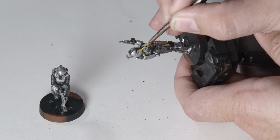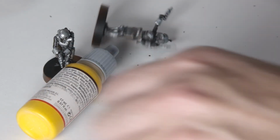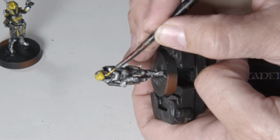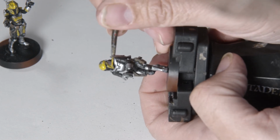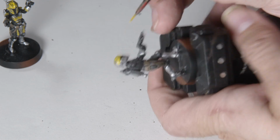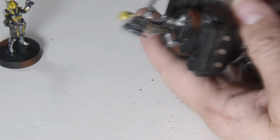Yellow is one of the hardest colors to paint. And in this case, I don't even have the right yellow, so I'm taking some more medium yellow, mixing in some white to get a bright yellow, and I'm going to do my best to kind of, well, capture the feel of these yellow patterns. I'm not going to get them correct, and don't worry if you can't. Just kind of like I said, capture the feel of what they're trying to go for. And because of the type of paint we're applying here, you're almost certainly going to have to apply 2 layers